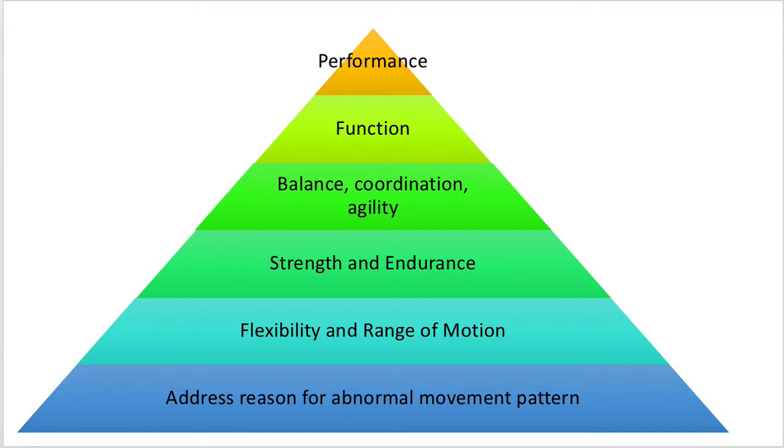This is a pyramid, but it really should be like this continuum wave where we might start and we address the reason that they're there, abnormal movement patterns. Then we might think about, okay, we got to restore range of motion before we work on strength. But guys, sometimes you have to start working on some strength before you have full range of motion to get to the point where they have range of motion. So this is kind of a flow through this, and it's not only like I'm only going to address their abnormal movement pattern, only going to address their flexibility. It's usually a combination of things.